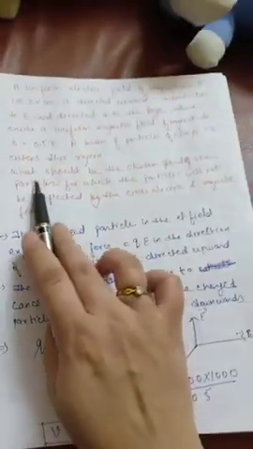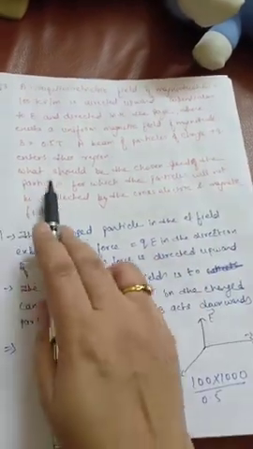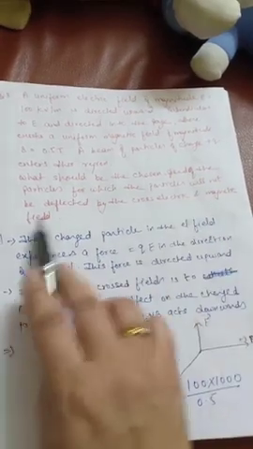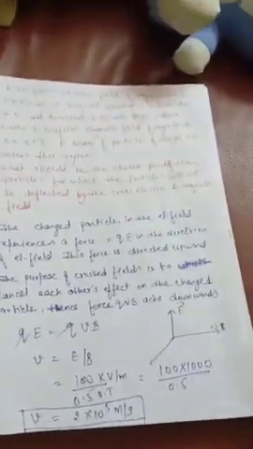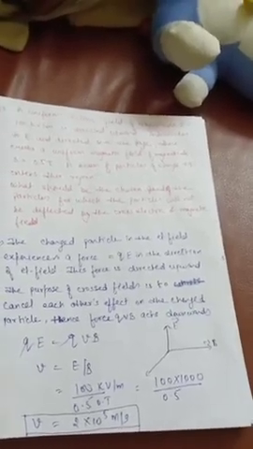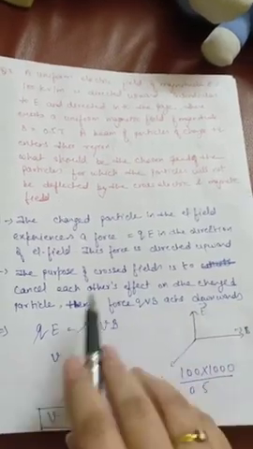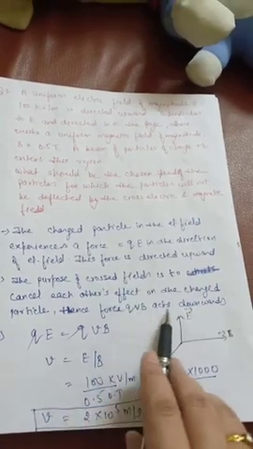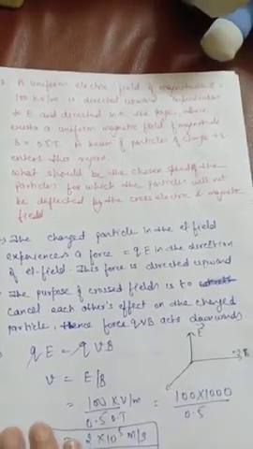What we have to find out? We have to calculate the velocity. What should be the chosen speed, right? Chosen speed for which the particle will not be deflected by the cross electric and magnetic field. Where the electric field and magnetic field are perpendicular to each other, that region or that field is called a cross field, and the purpose of the cross field is to cancel each other's effect on the charged particle. Then their force qvB acts downwards. What do I mean by this? I have already discussed these things in our last class, right?